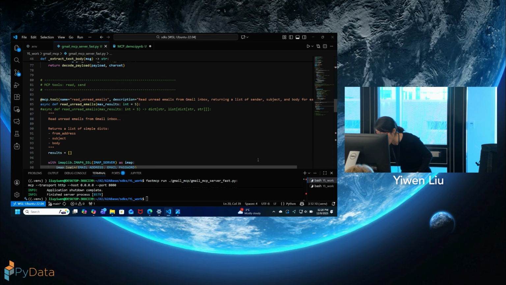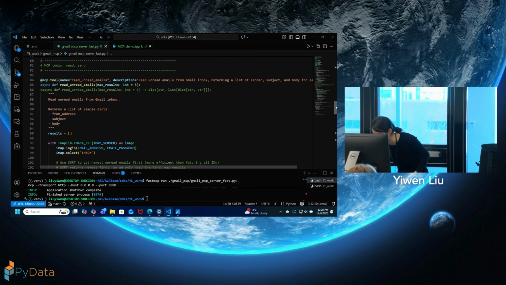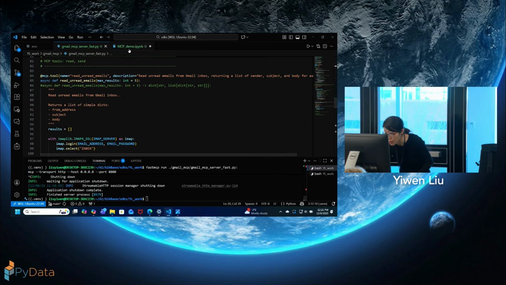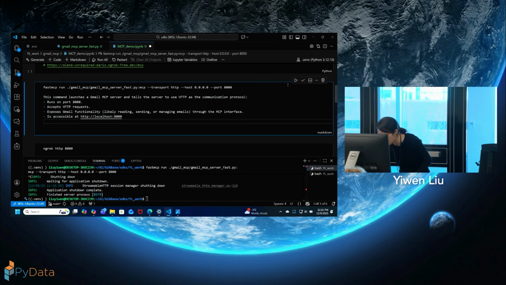In order to set up the endpoint and make it public, there are several things that need to be done. So we can go to the tutorial. Firstly, I will run this command.